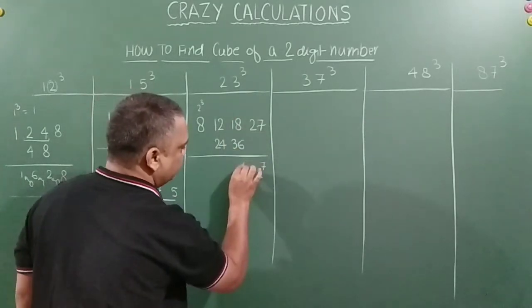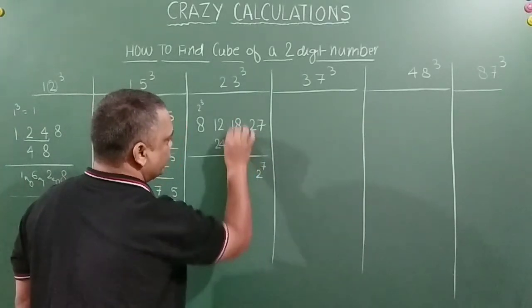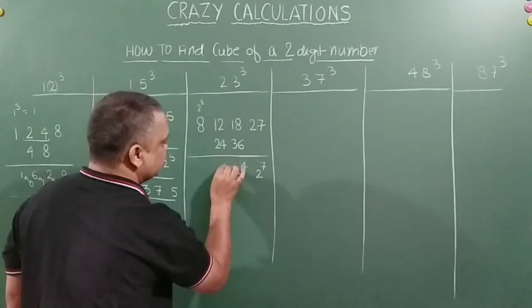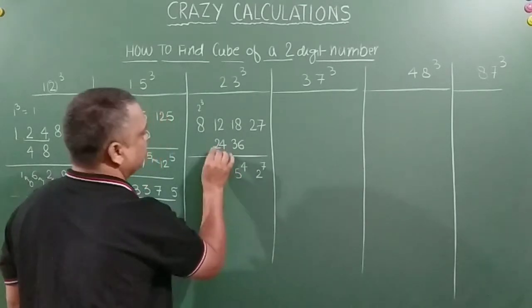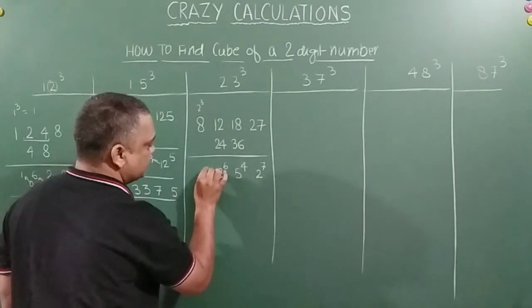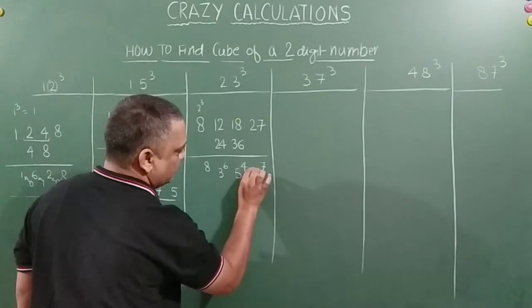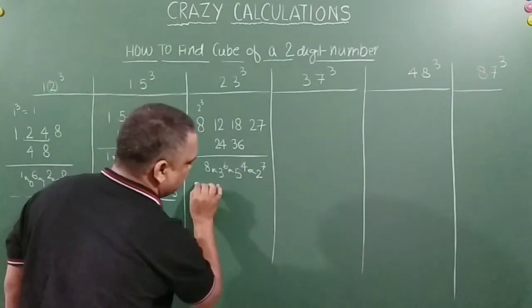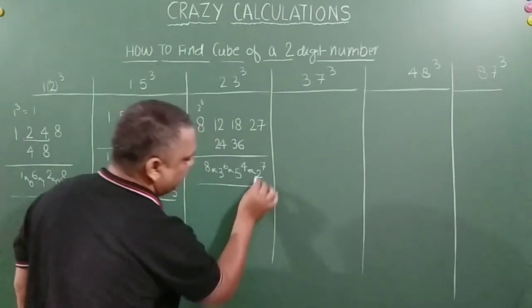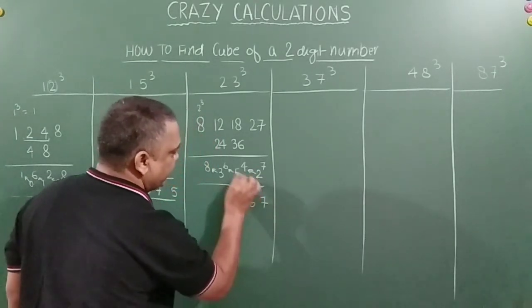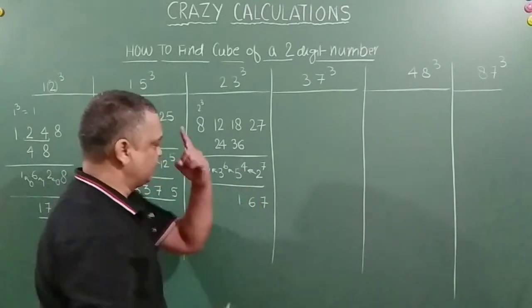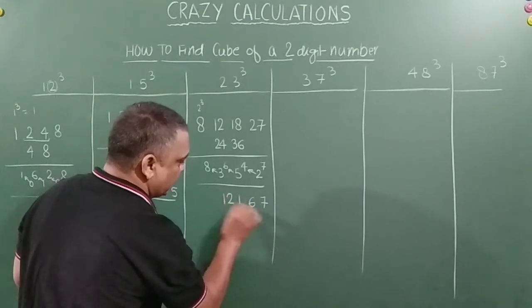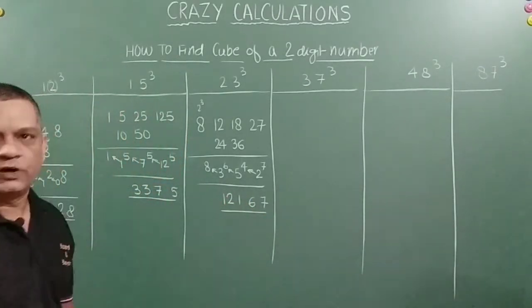8 plus 6, 14. Carry forward is 1. 3 plus 1, 4. Plus 1, 5. Like this. 4 to 6. 2 plus 3. 2 plus 1, 3. Now it is 8. We will write like this. Now we will write the answer. 7. 4 plus 2 is 6. 5 plus 6 is 11. Carry forward is 1. 8 plus 3 is 11. Carry forward 1 is 12. You got it, friends? Right.